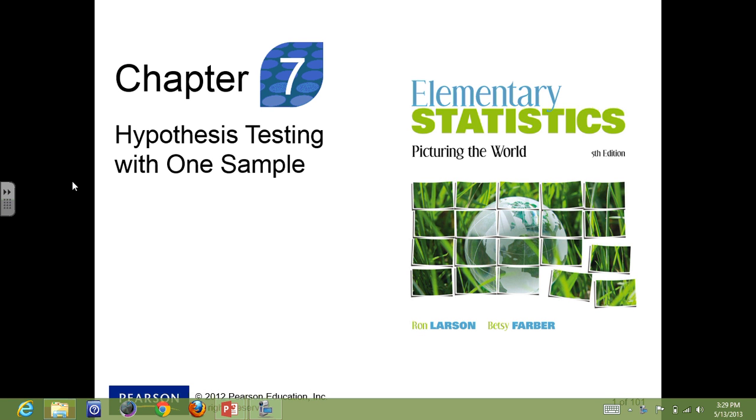Okay, so now in Chapter 7, we're going to look at the second type of inferential statistics. It's called hypothesis testing. In hypothesis testing, we know the population parameter, which is different than in Chapter 6 when we were trying to estimate an unknown population parameter. With hypothesis testing, the population parameter is known, but we're going to test a claim to see if it has